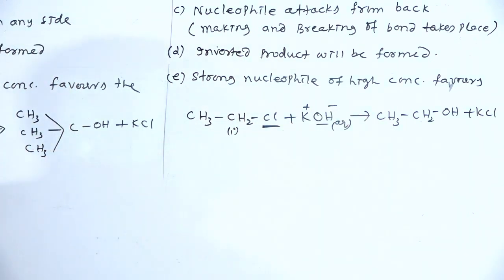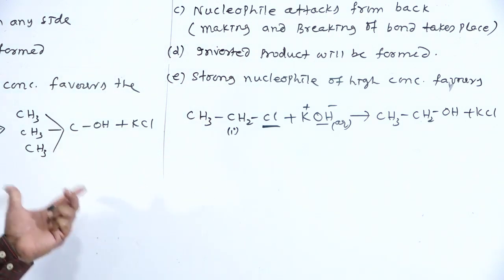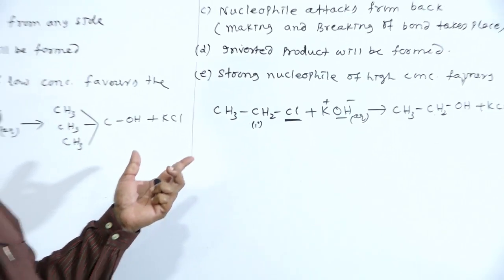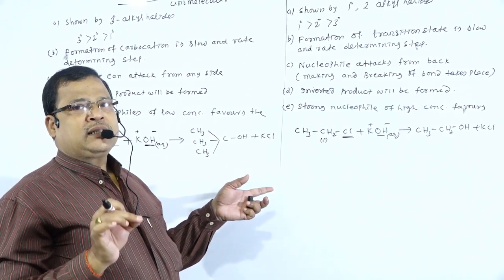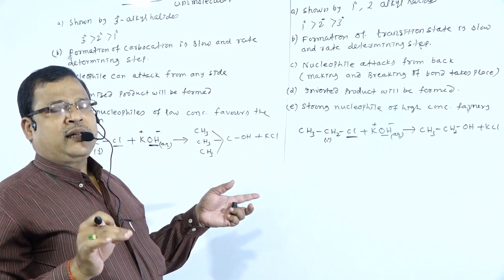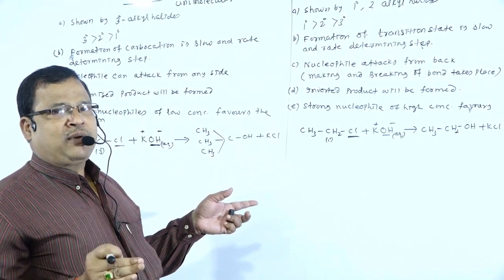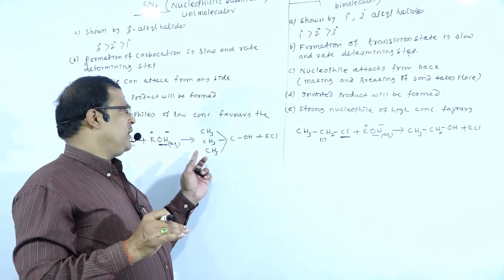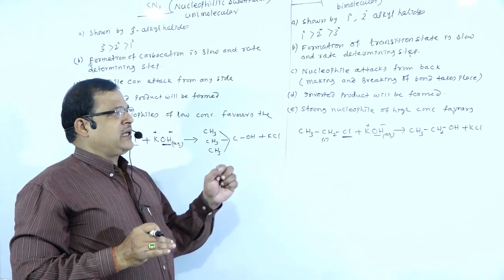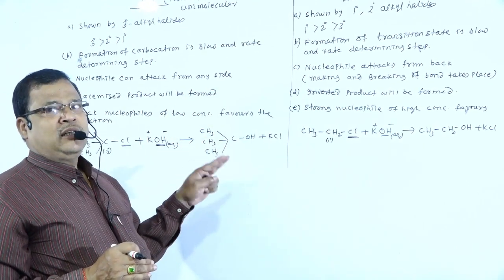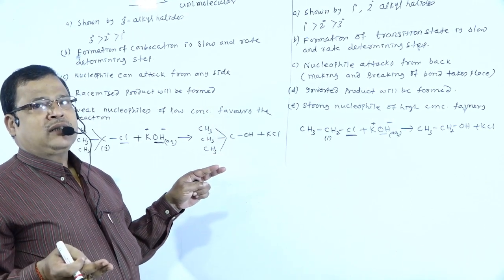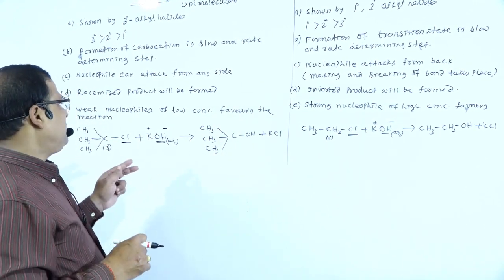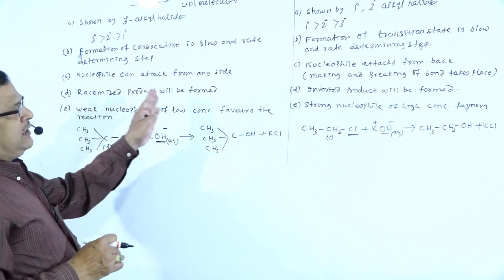So whether we are considering a tertiary alkyl halide, or a primary or secondary alkyl halide, in all these cases the chlorine atom, that is the halogen atom, is replaced by the nucleophile, that is OH minus. In this case we have taken the nucleophile OH minus. The nucleophile may be OR minus also, CN minus, NO2 minus, etc. So this is the reaction.